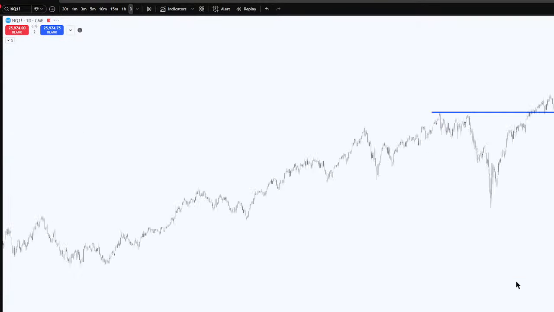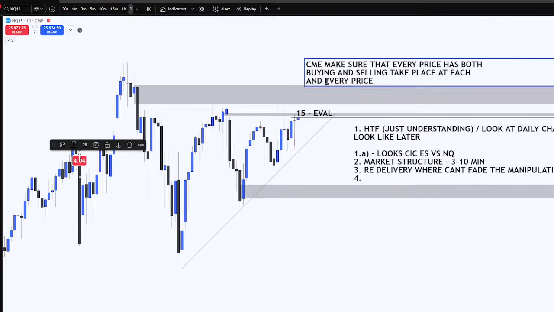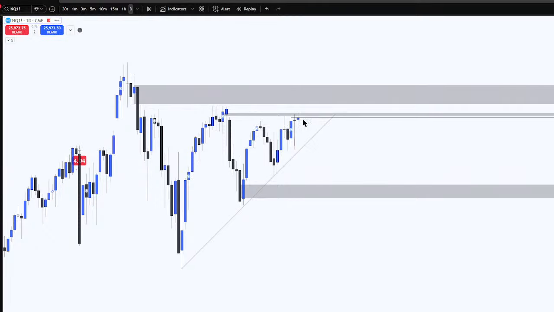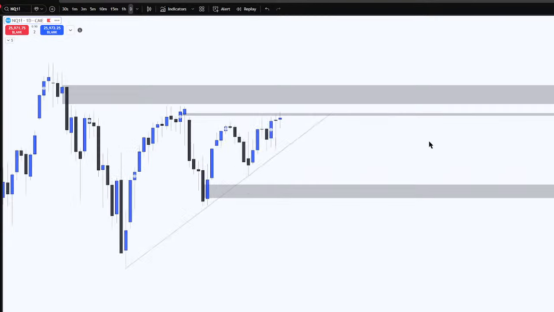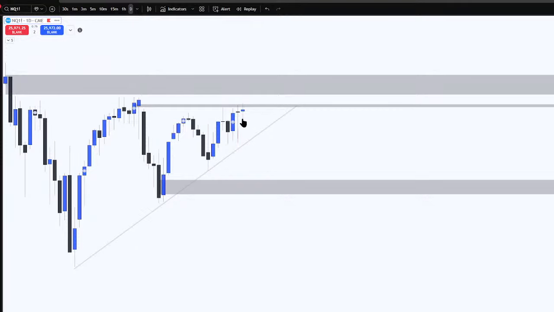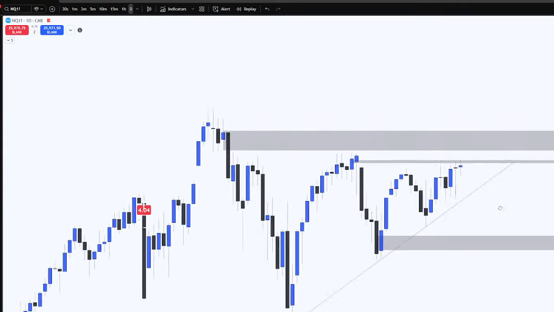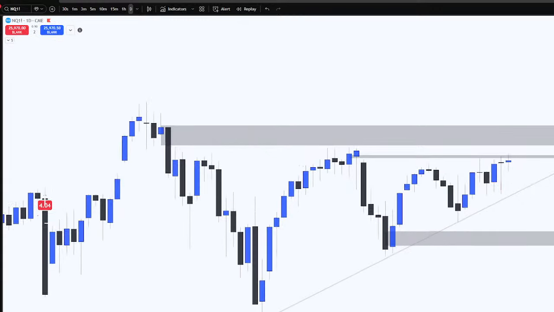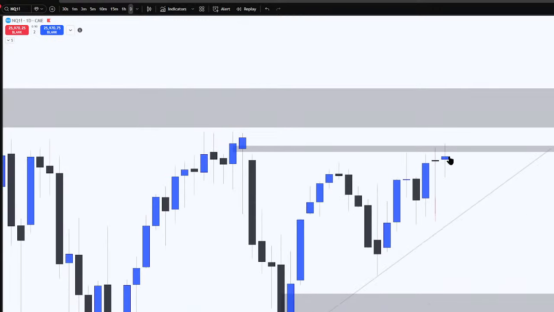So let's start here on the daily chart. Get rid of all this stuff. Okay, so we finally pushed up and filled in that gap, it looks like. On the daily chart, I always try to look at what the daily candle looks like. Is it possible to push up? Is it likely to go down? What does it look like here? It looks like to me,